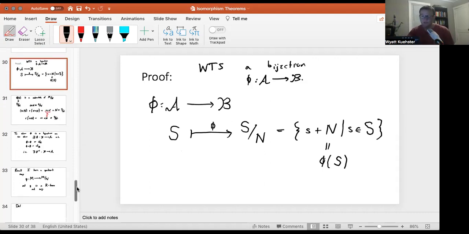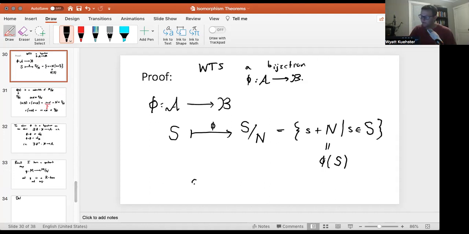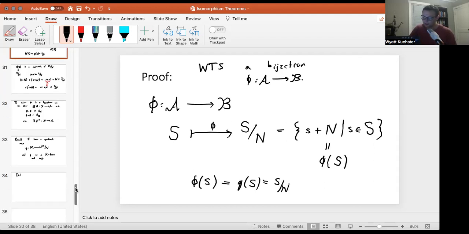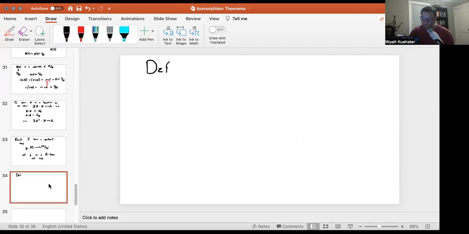Phi of S is just the image of the quotient map, the same as Q of S. So it stands to reason, perhaps if we take the pre-image of the quotient map, possibly that will work. Okay, so define